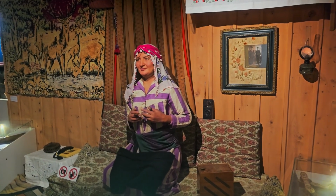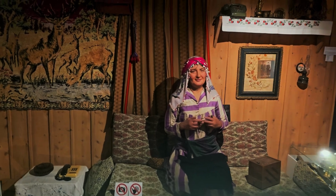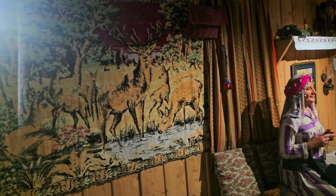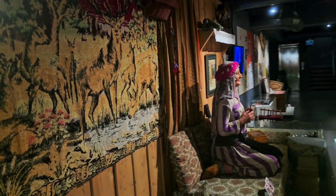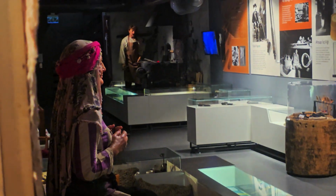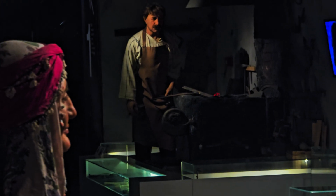The detailed costume and tools on display capture the essence of Turkish craftsmanship, from weaving to embroidery, showcasing the skills passed down through generations. Featuring a beautifully crafted red quilt and historical photographs that document the tradition. The accompanying text explains the significance of quilting in Turkish culture and the legacy of master quilt makers who preserved